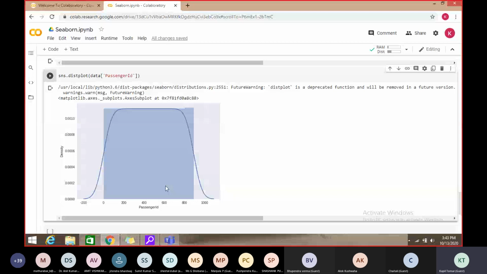It is not skewed on the left side or the right side. It more or less follows the bell curve. So it is identical, because it is showing that there is no skewness on the left or the right.